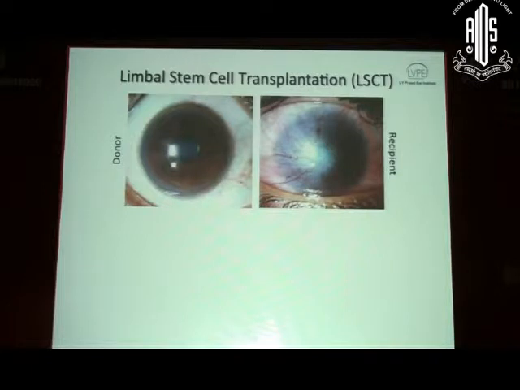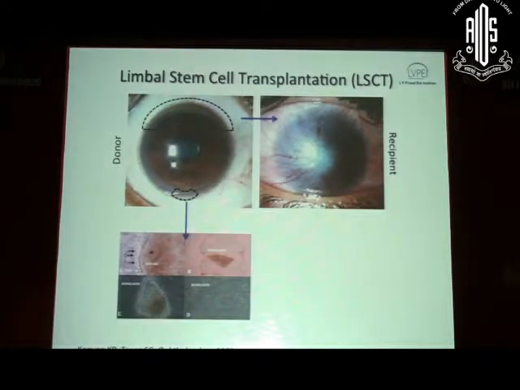So in limbal stem cell transplantation, fortunately, although limbal stem cell deficiency is a very rare but severe form of corneal blindness, it can be addressed. You can take healthy limbus from a donor eye, if possible from the healthy fellow eye, because then it's autologous, doesn't have the risk of immunological rejection, and you don't have to immunosuppress the patient. You transplant it after removing the pathological pannus from the affected eye. The conventional technique, as originally described by Kenyon and Tseng, is where you take a large lenticule which contains peripheral cornea, limbus, and conjunctiva, and you can take 3 clock hours or more